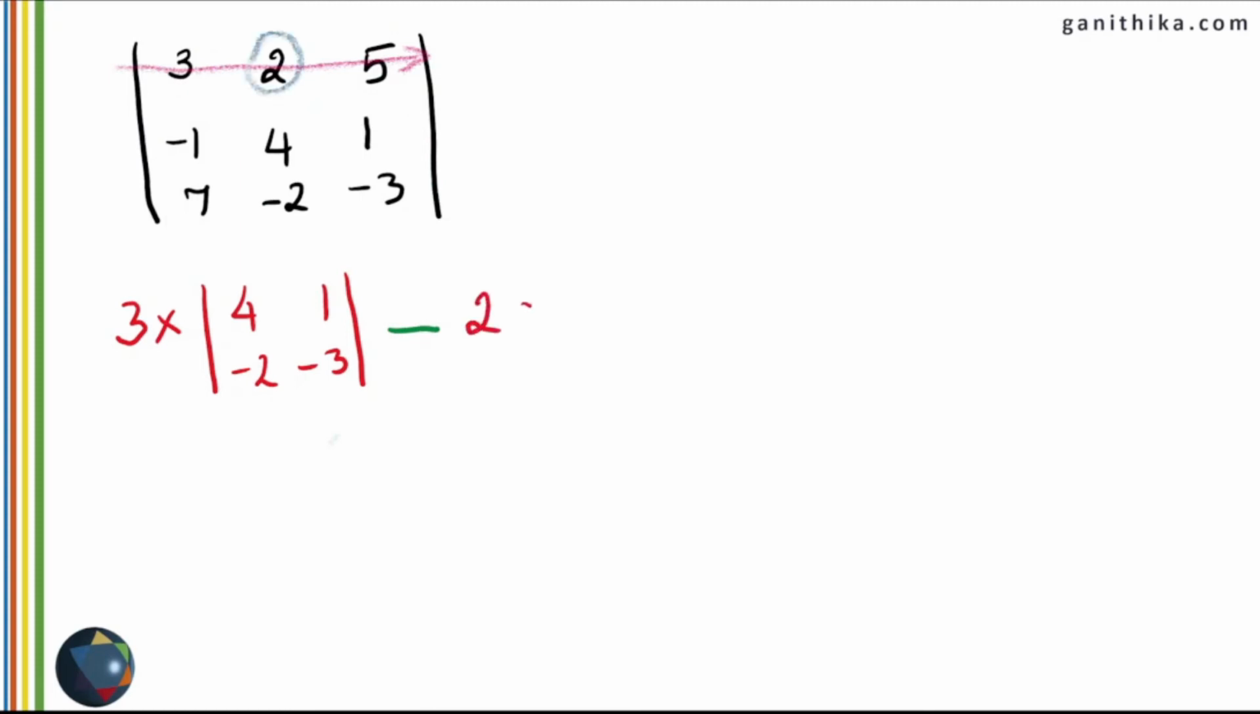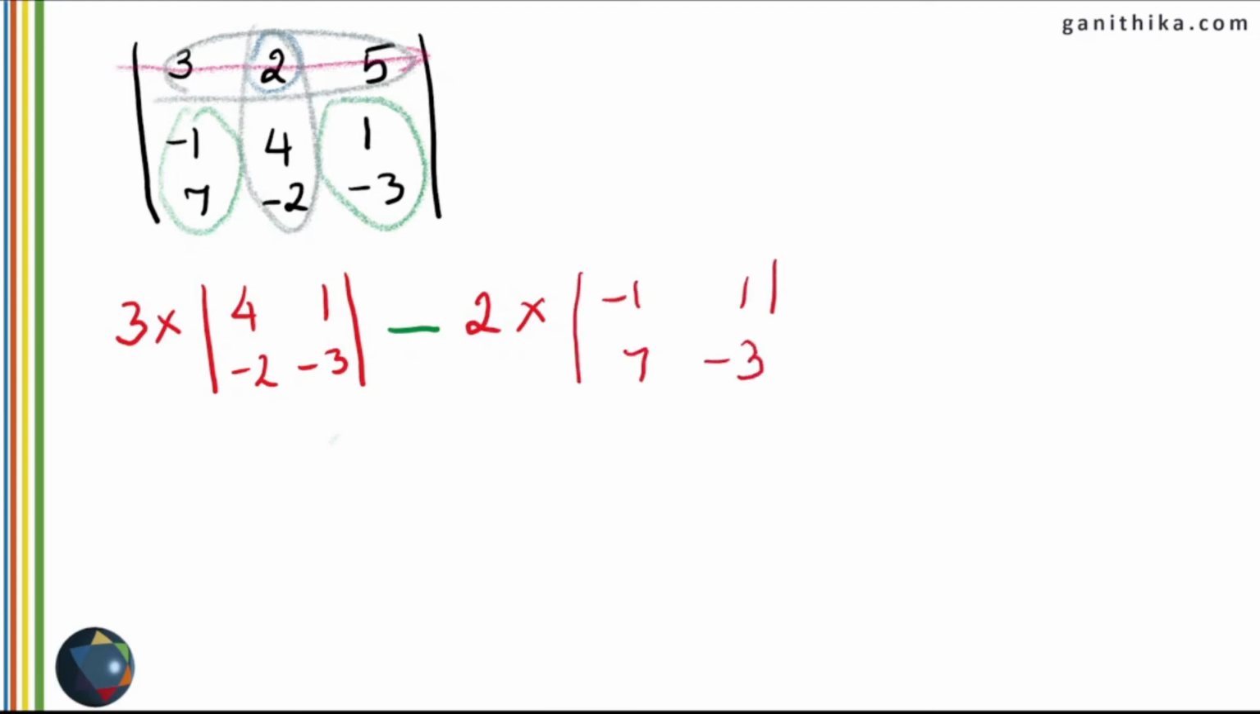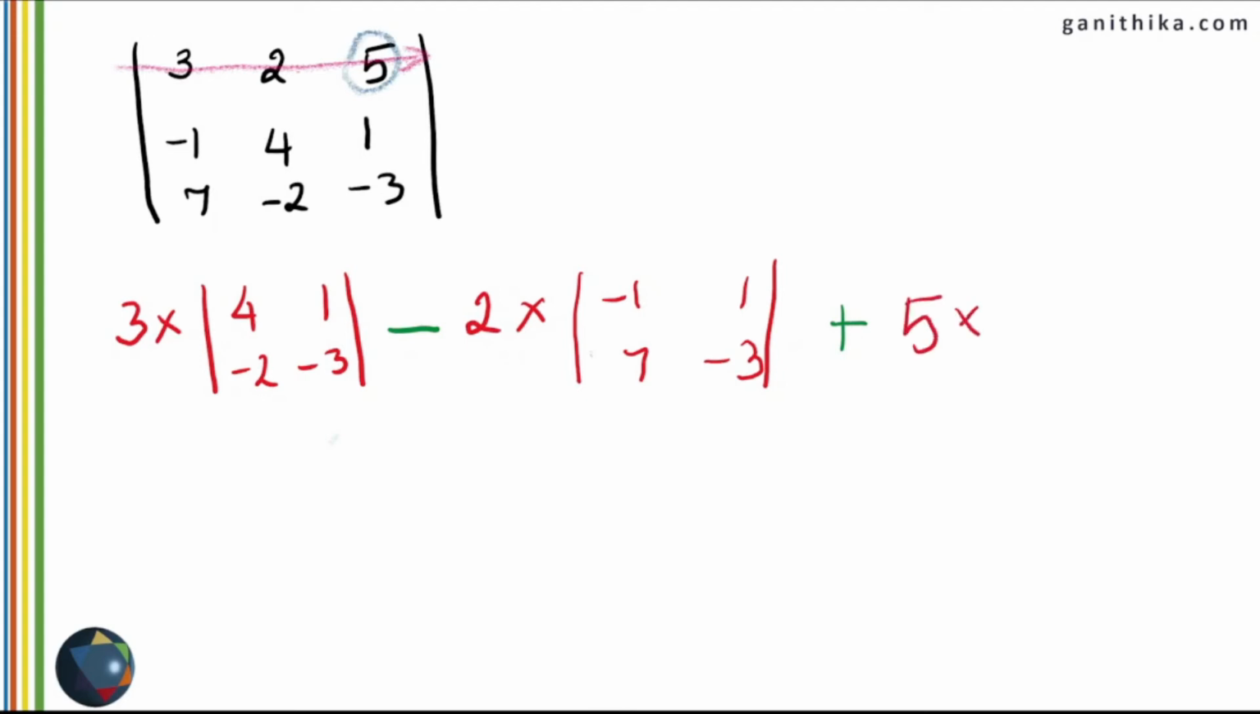So 2 should be multiplied with what? Go back to the determinant, remove the numbers in the column and the row that the 2 is present in. You can see you have 4 more numbers. Make a determinant with these 4 numbers in the same order as given in the question. Next is add the third number in the first row, which is 5 here, and 5 should be multiplied with